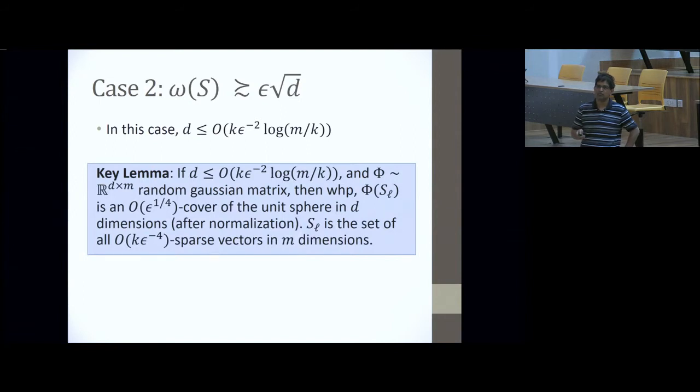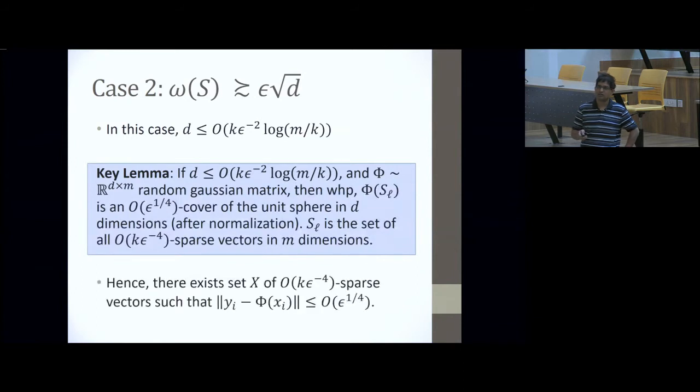Does that make sense? So you can cover all of the unit sphere in D dimensions by an incoherent map or a RIP map applied to sparse vectors. So our set was inside this, right? Okay, so there is some normalization I'm not telling you about. So this phi of SL may not be a unit vector, so you need to normalize it, but it's not a very important matter.